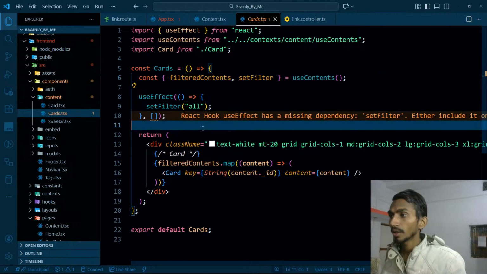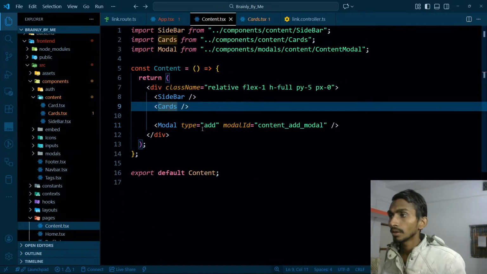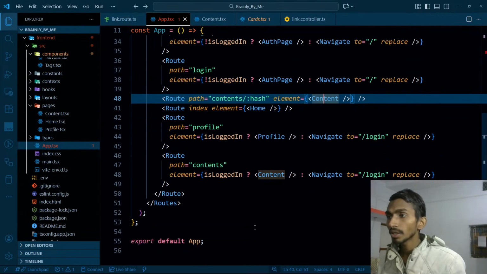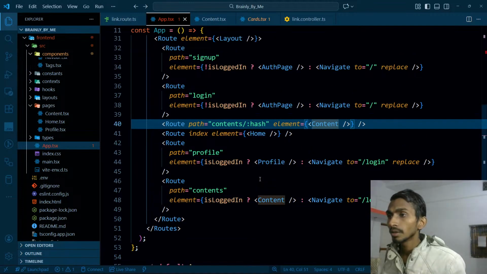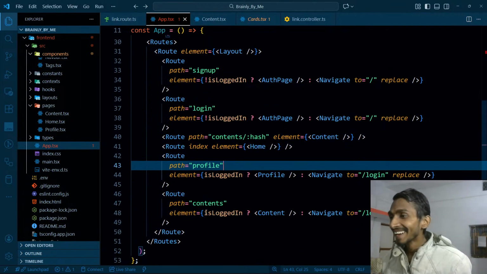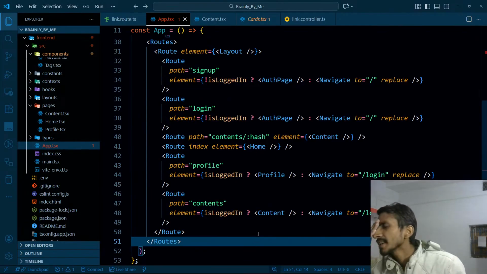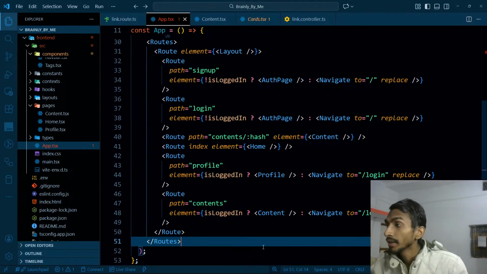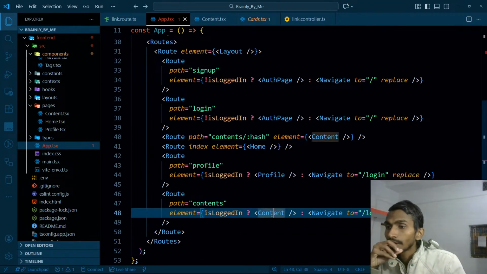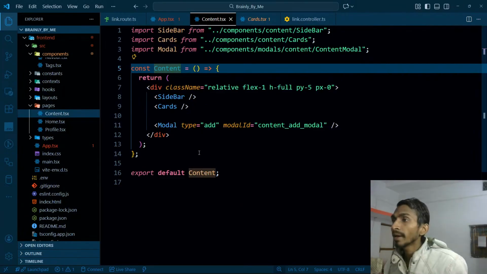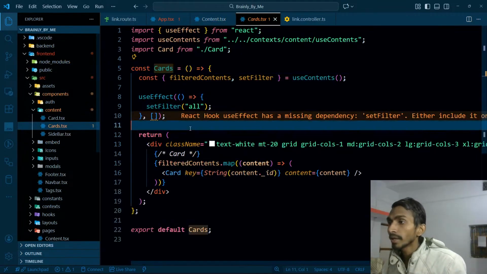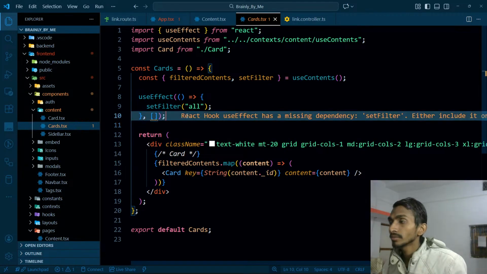Okay, and what I'm doing is that I have something called, my head is spinning, just a sec. I created a content provider. Okay, that content provider runs every time whenever the user is logged in. So if the user is logged in, I will go to my content. When I go to my content, then I go to my cards. When I go to my cards, somewhere or the other,